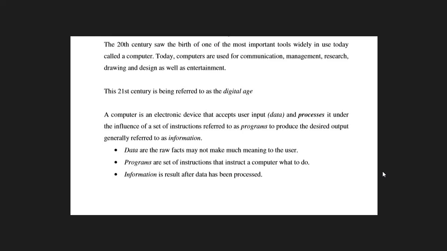Now, what is a program? Programs are the set of instructions that instruct a computer what to do. प्रोग्राम एक सेट ऑफ इंस्ट्रक्शन होती हैं जो कि कंप्यूटर को बताती हैं कि कंप्यूटर ने किस तरह की और क्या प्रोसेसिंग डाटा के ऊपर करनी है।